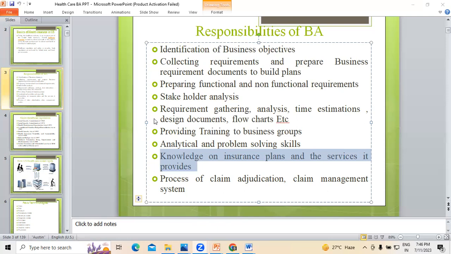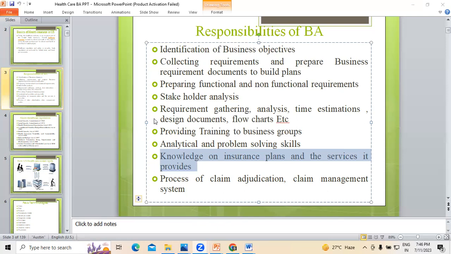The insurance companies. Right. Is it only an insurance company? It can be CMS also. Oh yeah, the CMS also. Medicaid and Medicare. Yes, the Centers for Medicare and Medicaid Services, which is a government entity. CMS, insurance companies and all. So, being a business analyst, whenever we are working on healthcare,